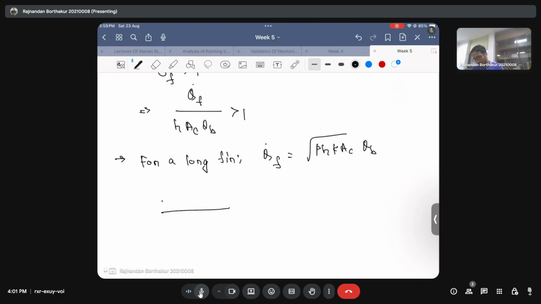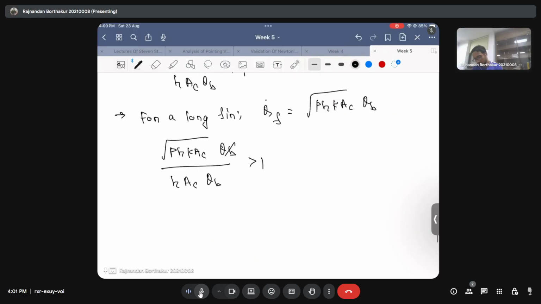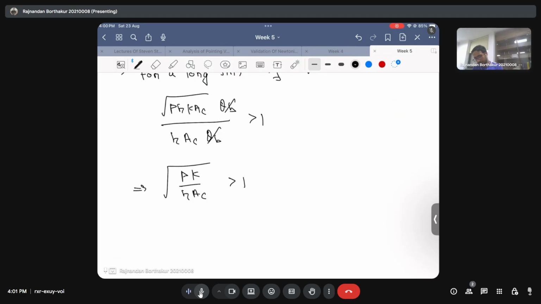So this is the square root of P h k Ac theta b by h Ac theta b, and this should be greater than 1, which means that the square root of P k by h Ac should be greater than 1. Okay, that is the scenario,